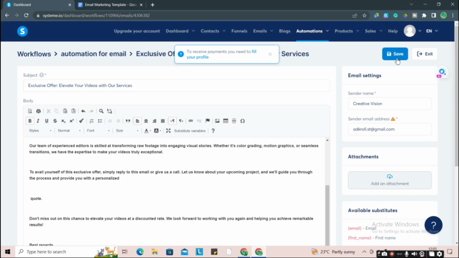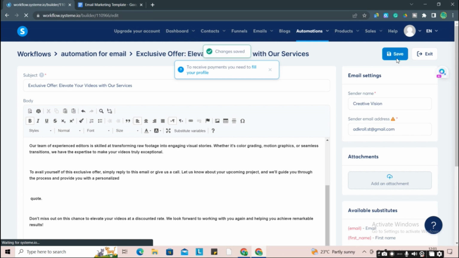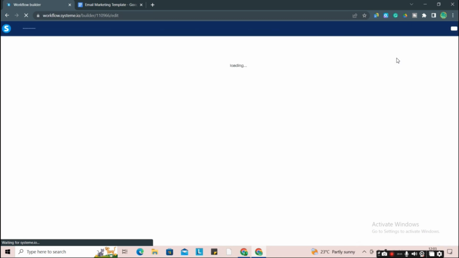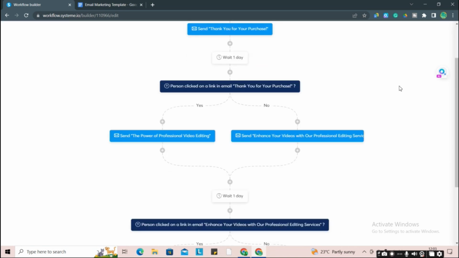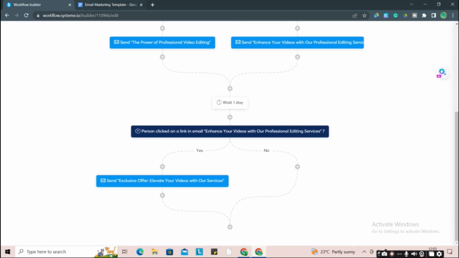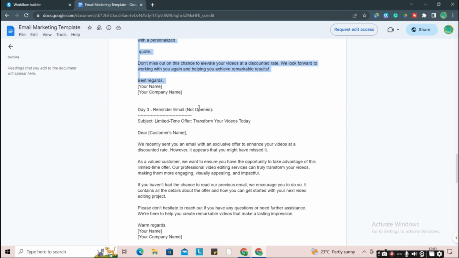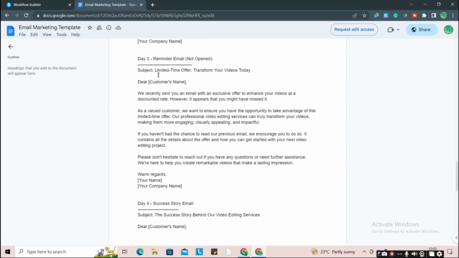We're gonna save this. Now we are going to put the no section, where if he does not open the mail, there will be another email that will be sent. That is this one, which is right here, not opened. So let's copy the subject. I know it's taking a while,